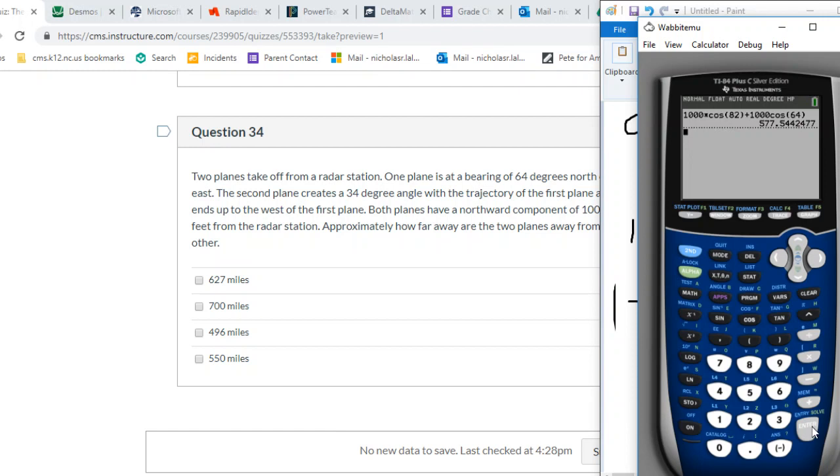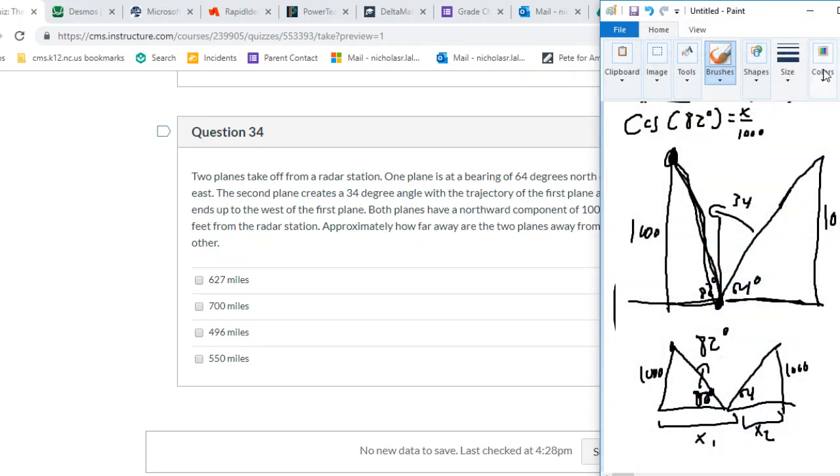That would give us a value of 577, which is interesting. The 2 points have the same vertical height, so you just need